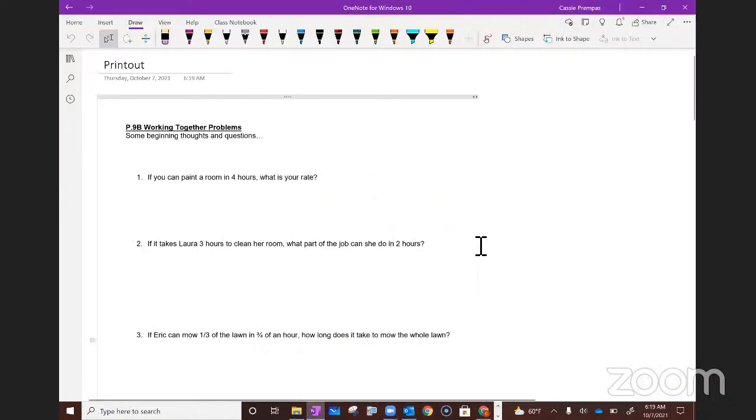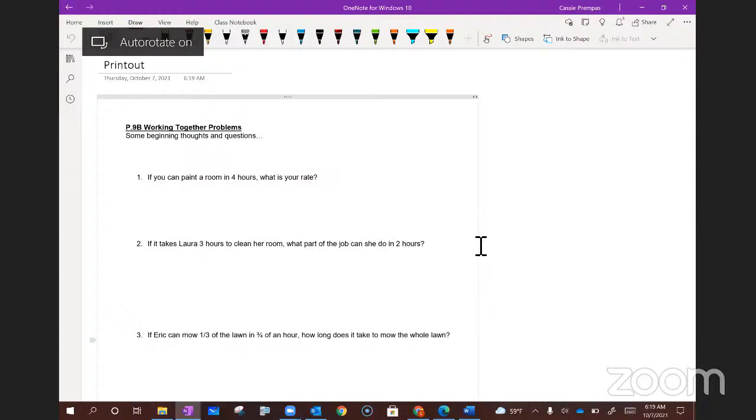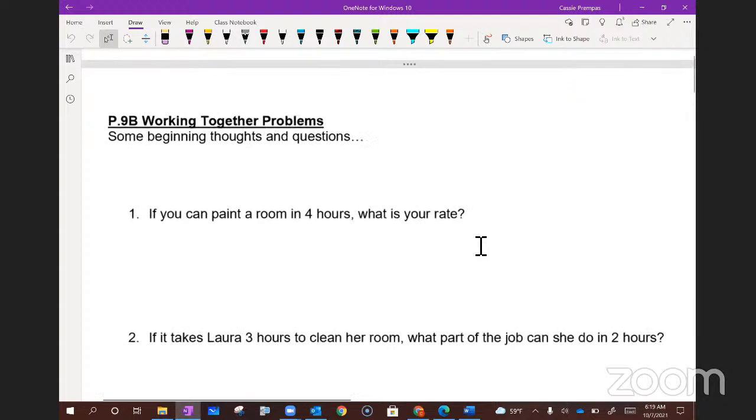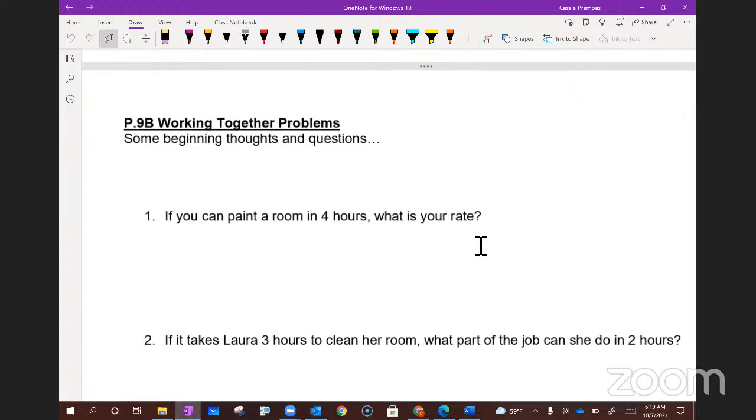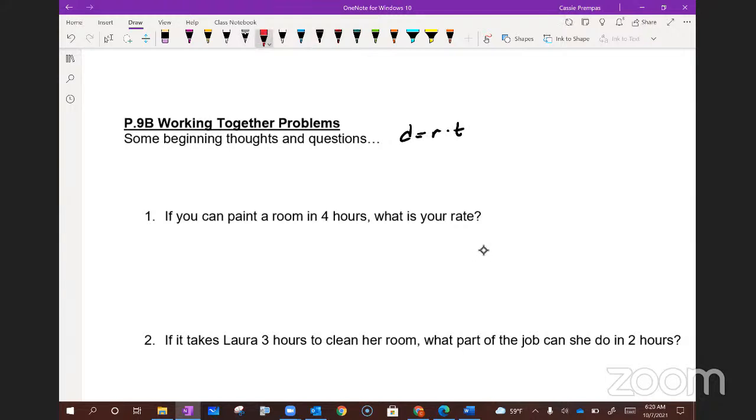Right, hello, college algebra. Today we look at some more word problems, and instead of working with distance, rate, and time, we're looking at problems that have people working on a job. And the first thing that I want to point your attention to is that looking at distance equals rate times time, usually